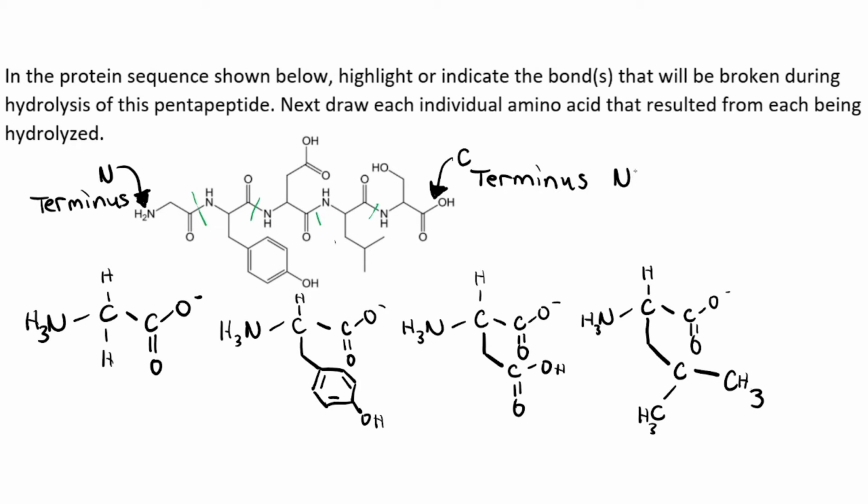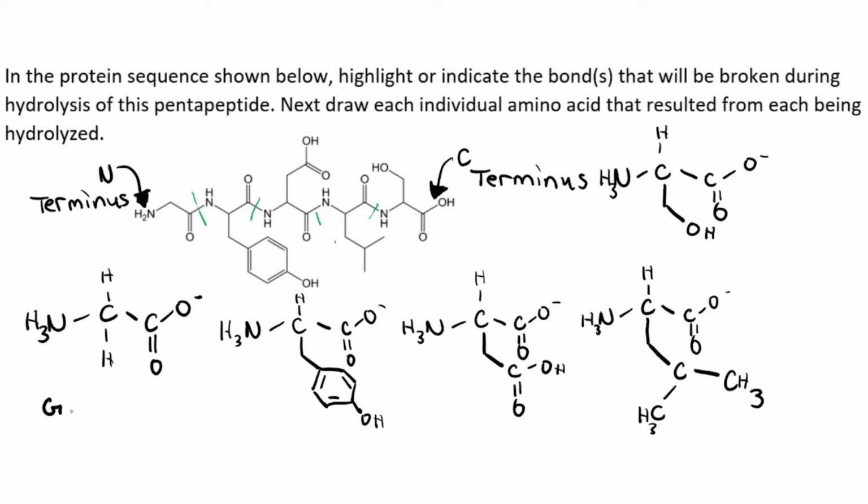So you have your nitrogen with your hydrogens, I'm going to draw the line going up, goes into a carbon with the hydrogen. Then you have your carboxylic acid group, and then you're going to have a beta carbon with a hydroxide on the end. Okay, so this first amino acid